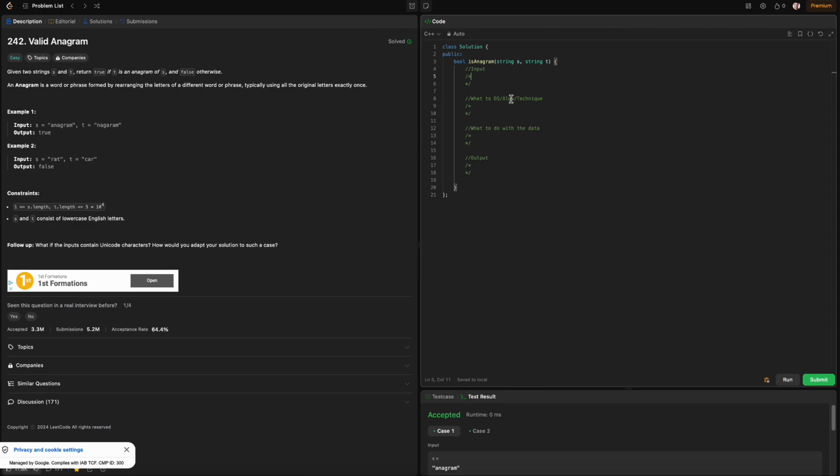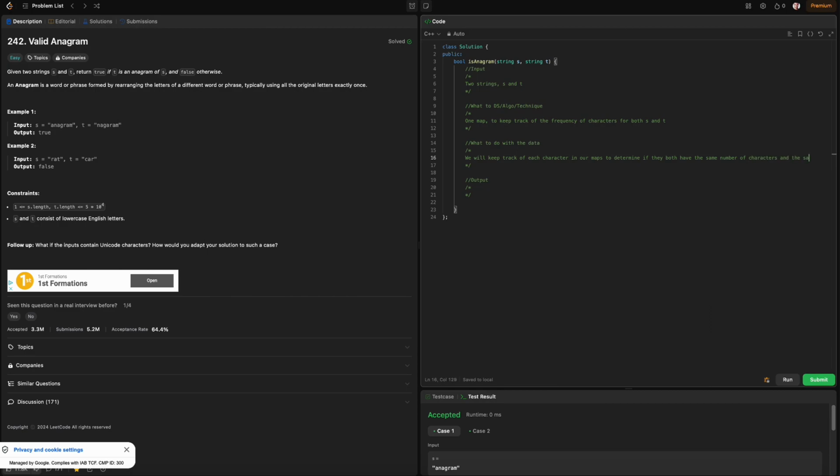That's good. And so to give a breakdown of our problem, we already know that we have two strings, s and t. The data structure we're going to use is one map to keep track of the frequency of characters for both s and t. And what do we do with the data? Overall, we will keep track of each character in our maps to determine if they both have the same number of characters